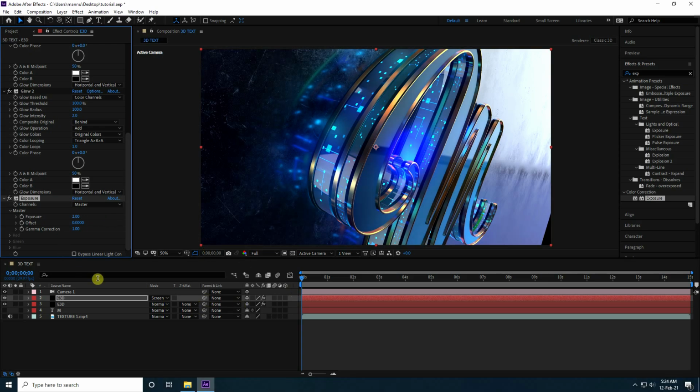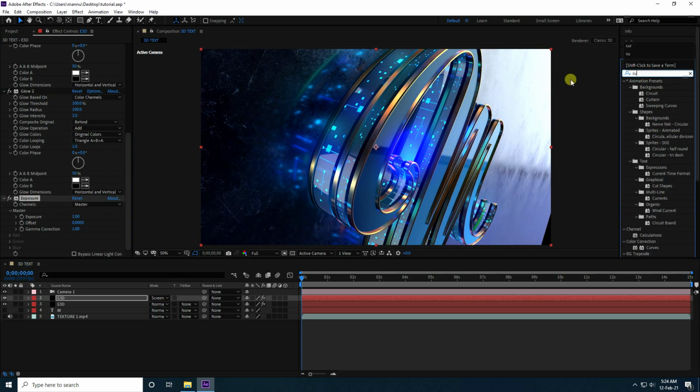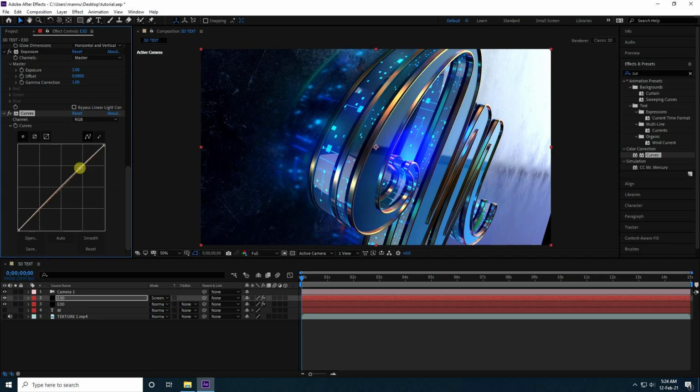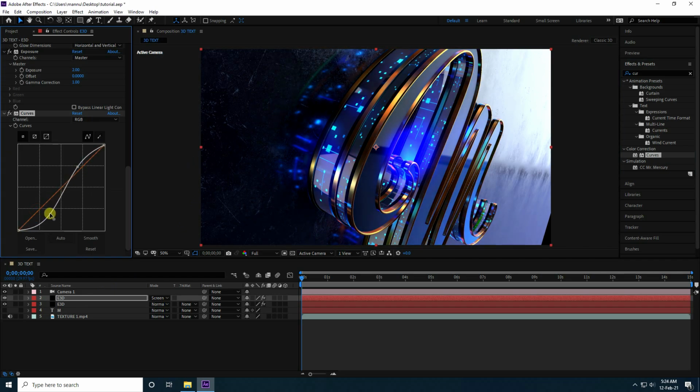Yeah, and last one guys, I take curve tool for color correction. So select and apply. Yeah, and increase size like this. Yes, see guys, that's my beautiful text effect. It's really beautiful,